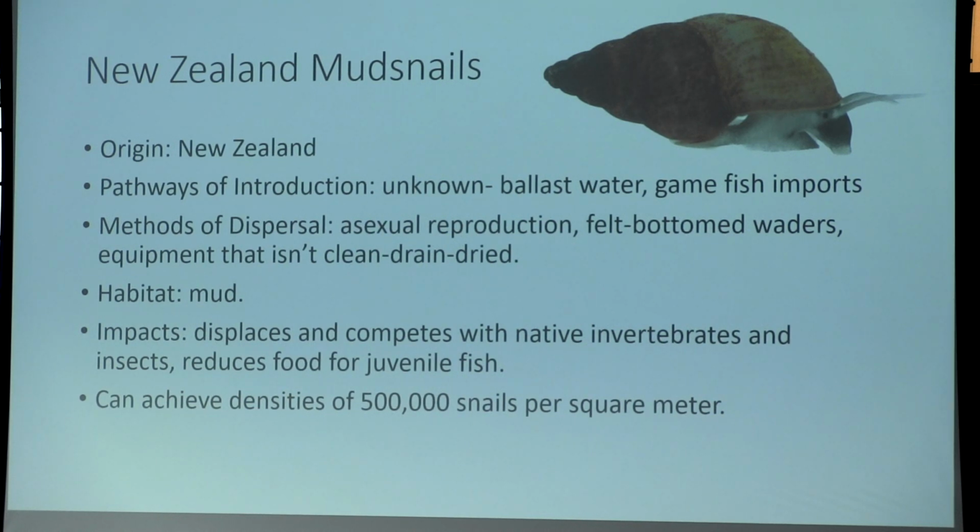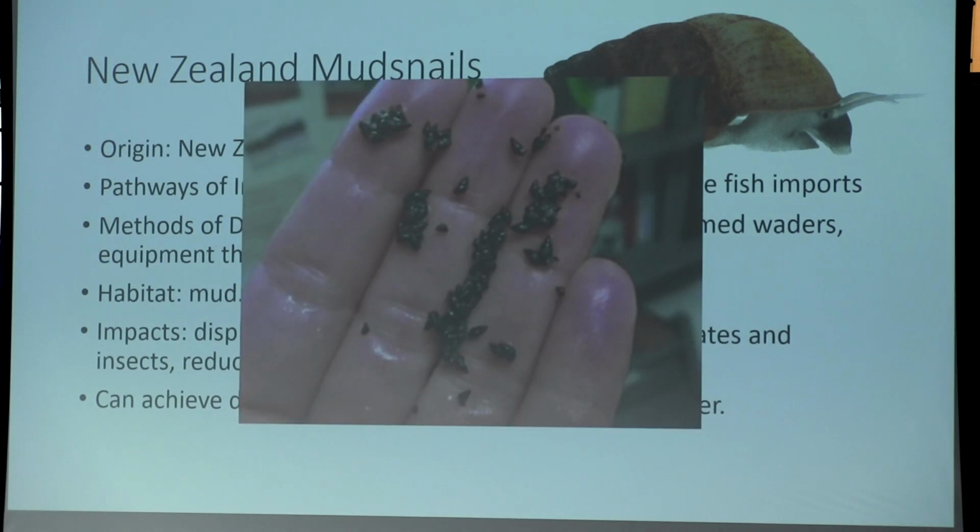And because they are also desiccation resistant, so they can tolerate being out of the water for 5 or so days, we have to make sure that we're either keeping our gear in the sun for longer than 5 days in between switching bodies of water, or we are scrubbing everything off at the site and making sure that we're not transporting anything out. And they are tiny. You are not going to be able to catch these very easily. So again, that's why we encourage people to just go ahead and clean their gear, assuming they have little mud snails and plants attached and whatever else. Clean as if you are already infested.